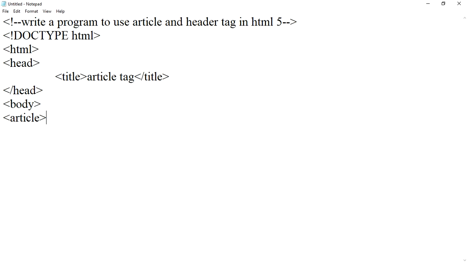Article tag represents a self-contained composition in a document, page, application or site which is intended to be independently reusable. Article tag, after that we'll use the h1 tag, header tag,